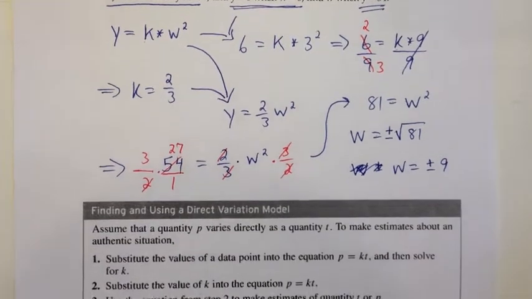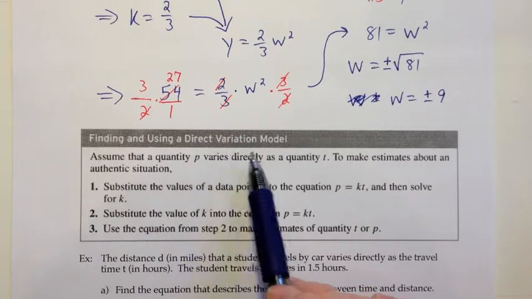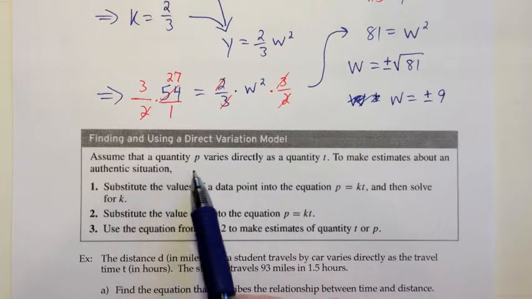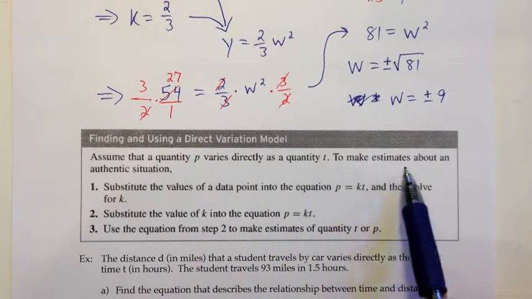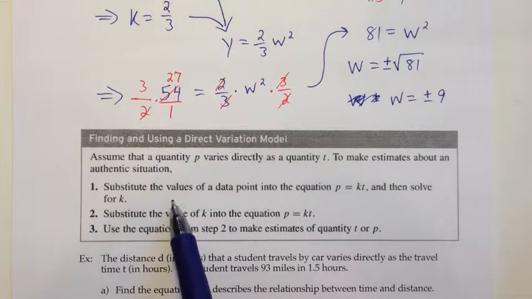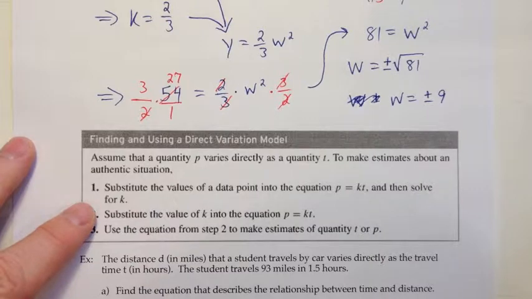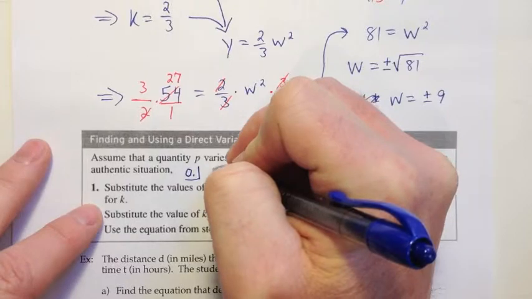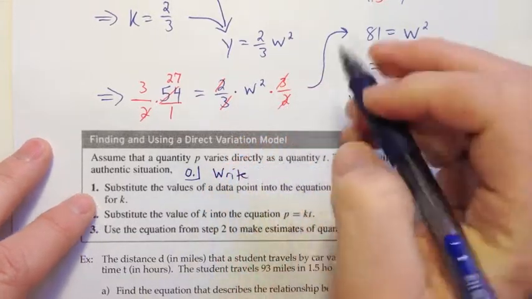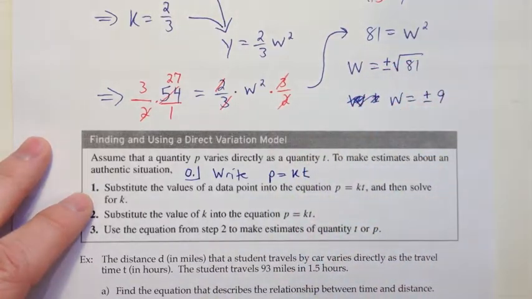Okay, so let's go ahead and look at a template for kind of the steps we would do when we're working on a variation problem. So these are the steps for finding and using a direct variation model. Assume that the quantity p varies directly as the quantity t, and we want to make estimates about an authentic situation. Then substitute the values of the point into the equation p equals k times t, and then solve for k. I think we could list a step 0 there, which is to write the equation that p equals k times t,